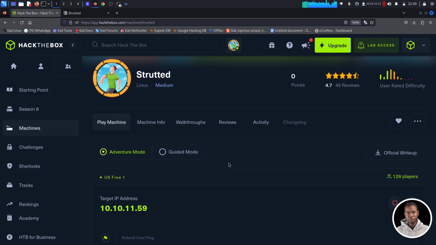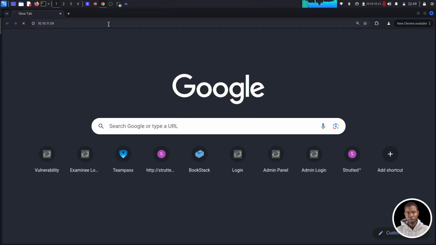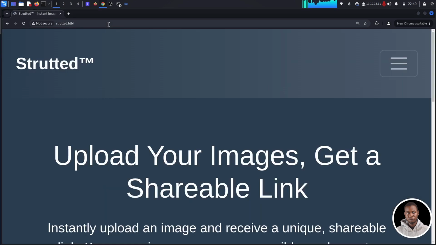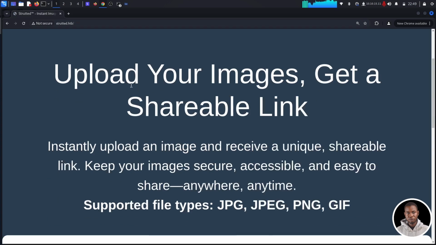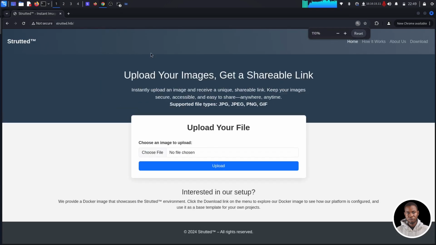Alright, welcome back to the channel. So the very first thing we want to do is to grab our target IP address. So I'm going to copy this and take this to my Chrome browser. I'm going to paste it in there and then we can access our machine through the web browser. Now we have an interface here. In case you have issues while loading this, all you need to do is to add the